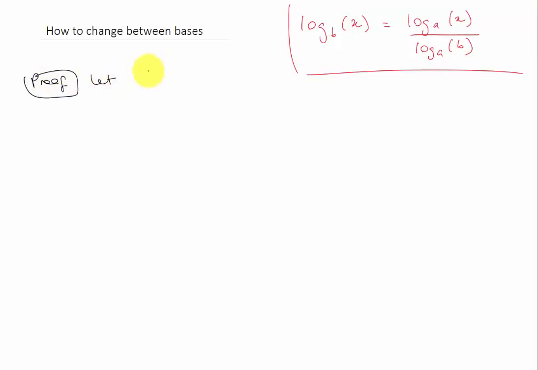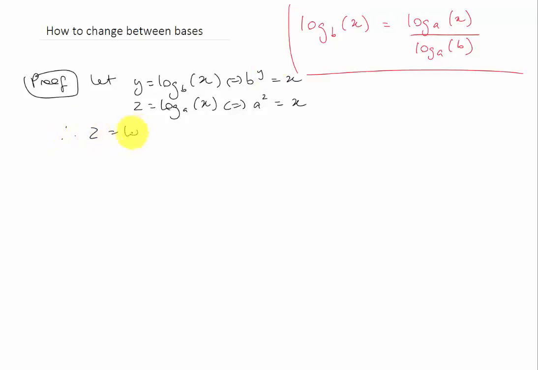So what we're going to do is we're going to let y be equal to log in base b of x, which is equivalent to saying that b to the power y is equal to x, and also we're going to let z be equal to log in base a of x, which is equivalent to saying that a to the power z is equal to x. Okay, so therefore z is equal to log in base a of b to the power y,